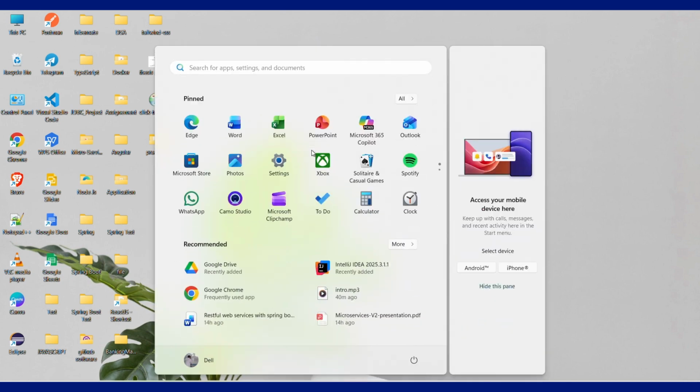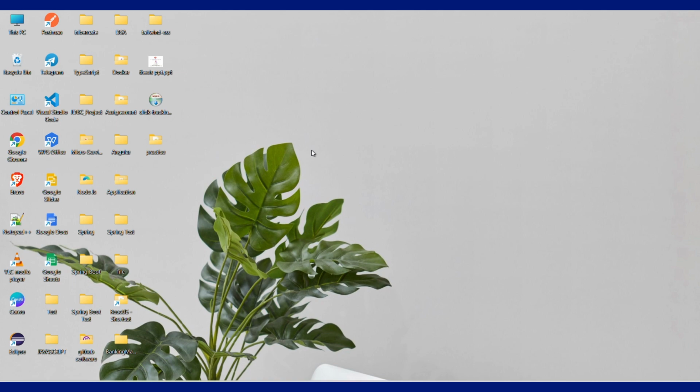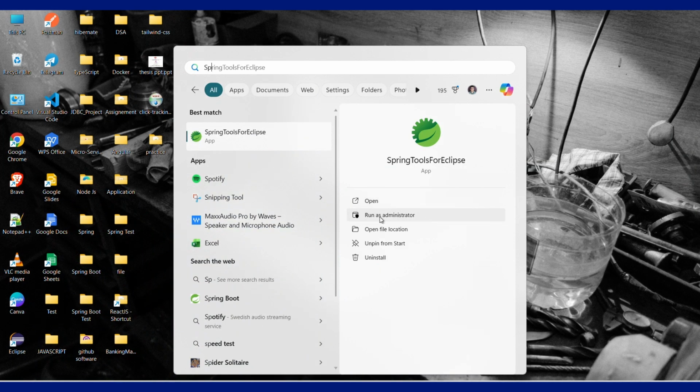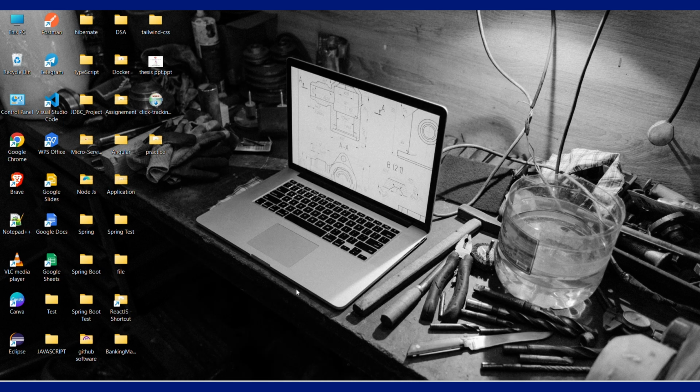If you are using other IDEs, you can use that as well. There is no problem at all. So first of all, just open Spring Tool Suite. Make sure to run as administrator if you are a first time user, to avoid all the errors which might occur. Okay, so run as administrator,